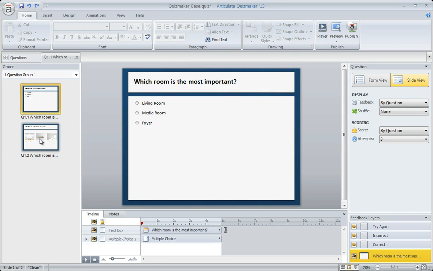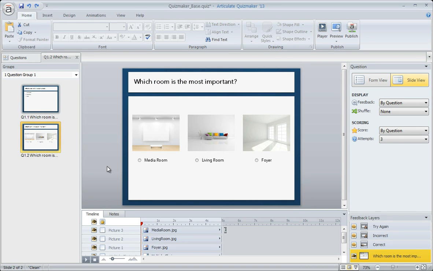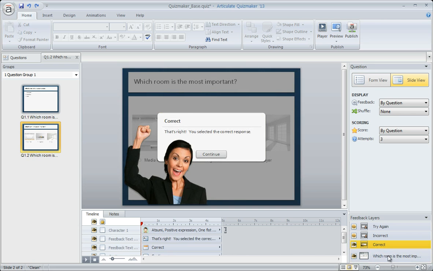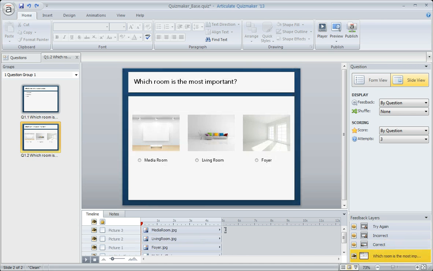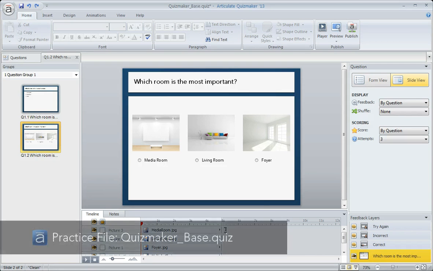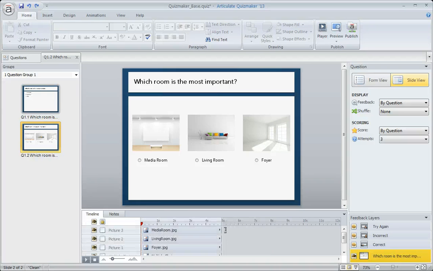And now in slide view, we can take advantage of the great features to add media, move the questions around, give some customized feedback to really take that quiz question up to the next level. Now we are going to be using the practice files that you can download, so I would like to invite you to do that now. But without further ado, let's head on in here, let's head to slide view and let's